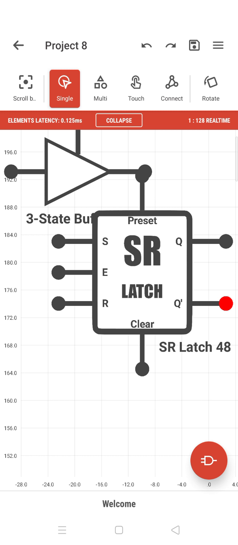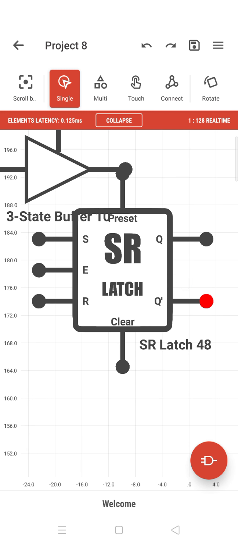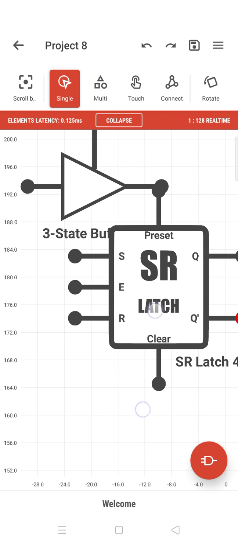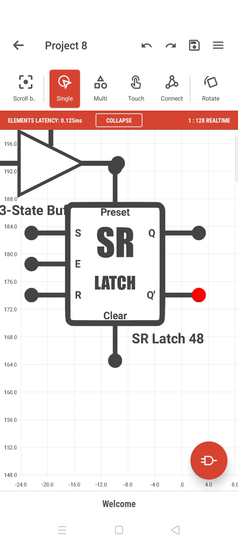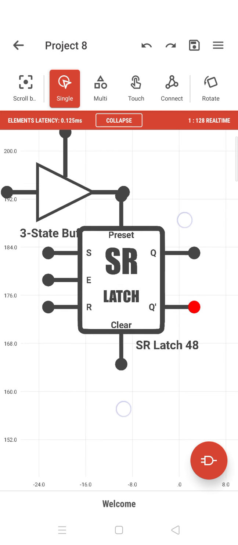Now this is a latch. What is a latch? A latch stores some kind of information. Either it can store a 1 or a 0. So for storing information, you give a 1 here and a 0 here, and then it stores a 1. The output is 1, so it stores a 1 bit there. So it is usually a storage kind of device.